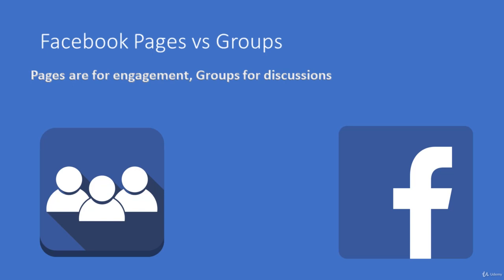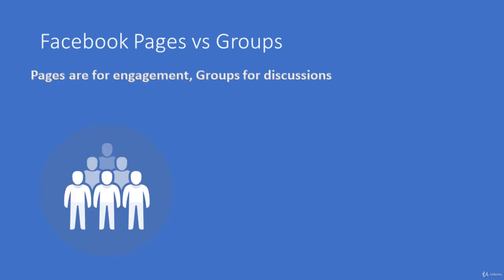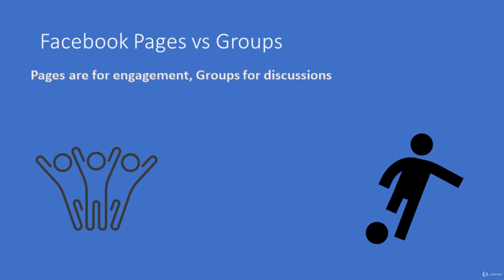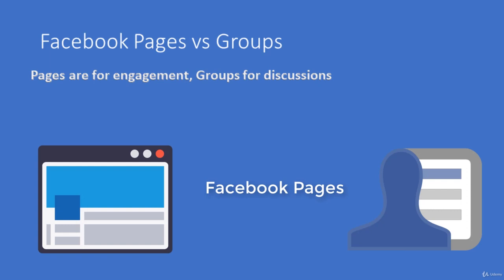So first of all, pages are for engagement and groups for discussions. So bear that in mind. Groups on Facebook have undergone changes since they were first implemented. There was a time when groups a user was a member of would appear on their own personal page. So if you were in a group called Football Fans, everyone who could see your profile would know this about you. Now, however, those types of open forums are known as pages,